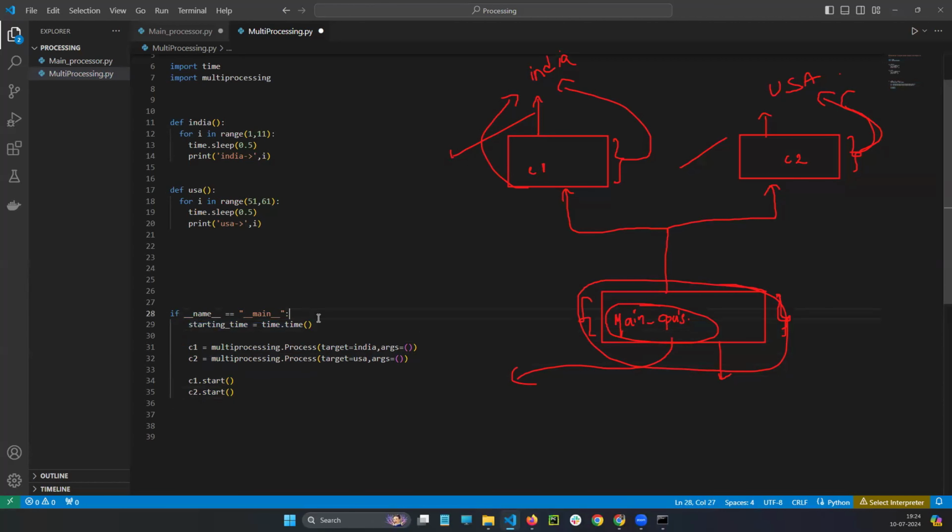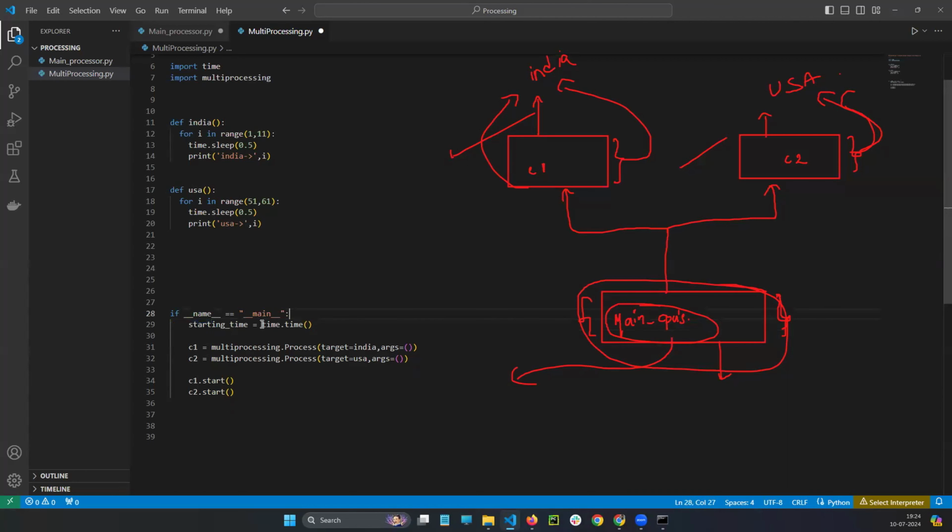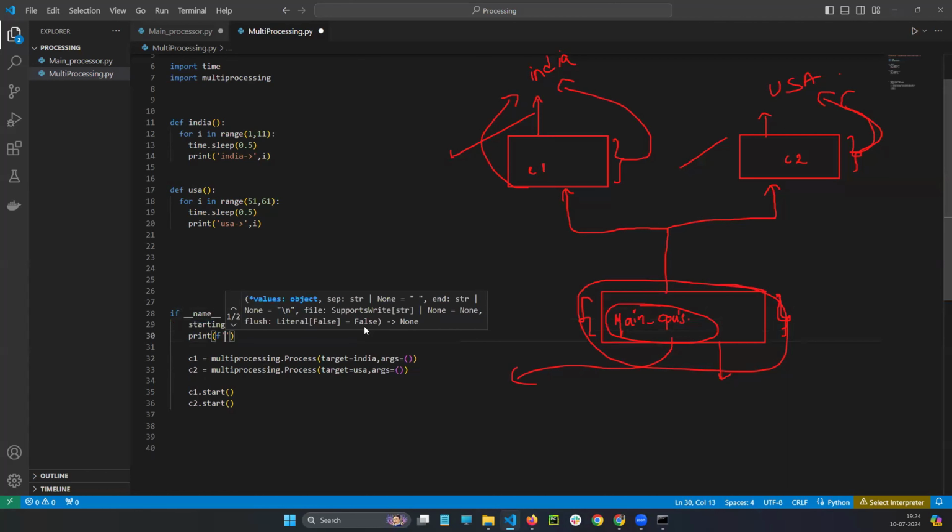Here also, I will write. Once the time is started, I print the condition. And here also make sure, I will tell you, a lot of content will be there, guys. See, starting. Main CPU is starting. So main CPU is starting now. Starting time will be recorded, and I'm going to write it. Main processor is started.